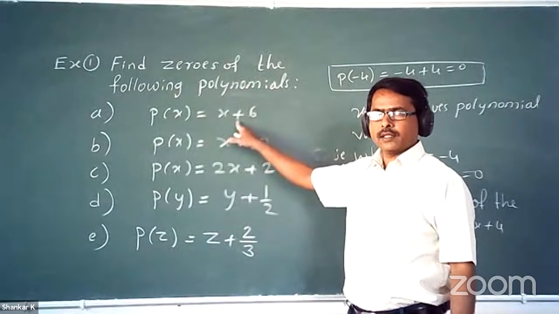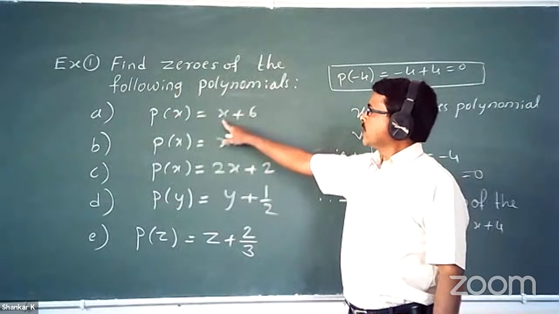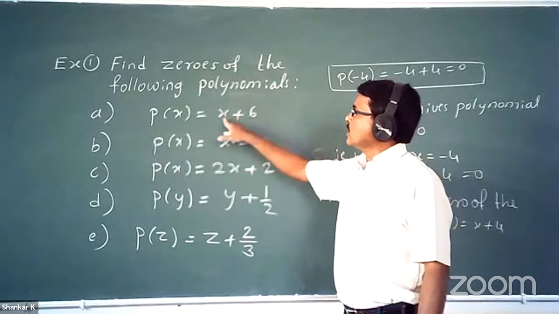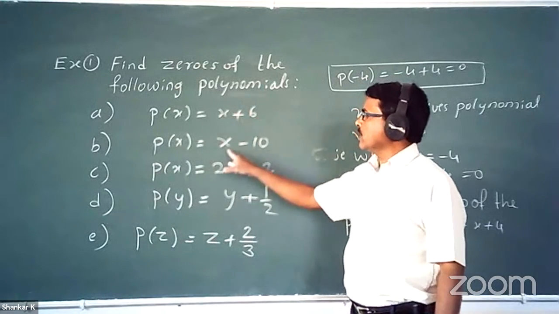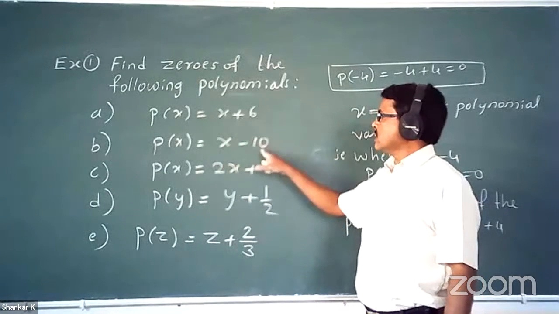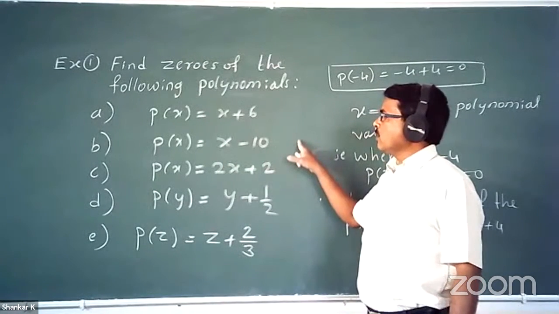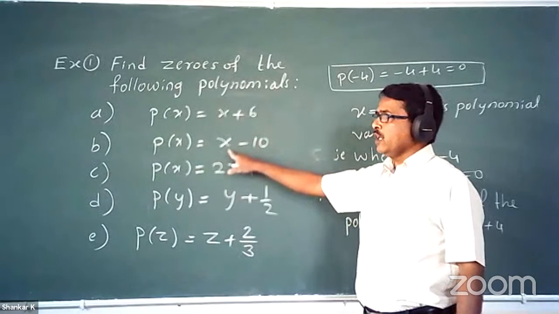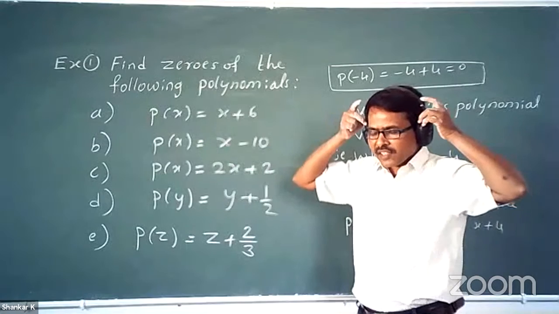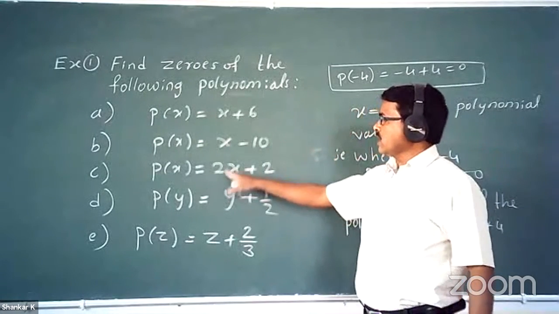Yes, tell me, correct. -6. -6 plus 6 gives 0. Therefore, zero of this polynomial is minus 6. What about this? 10. 10 minus 10 becomes 0. Therefore, zero of this polynomial is 10. Wait, wait, don't speak loudly. Headphones are there. Okay. Now this one,